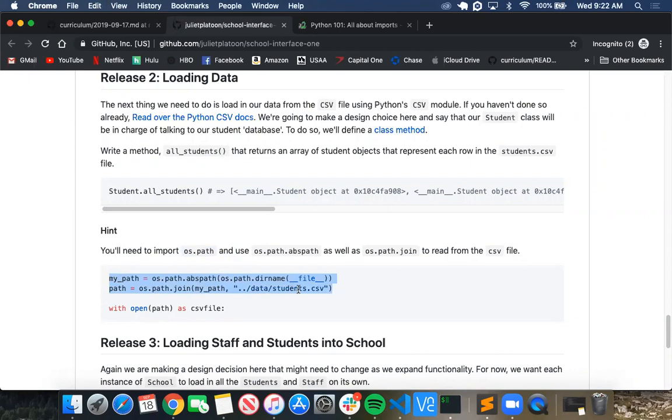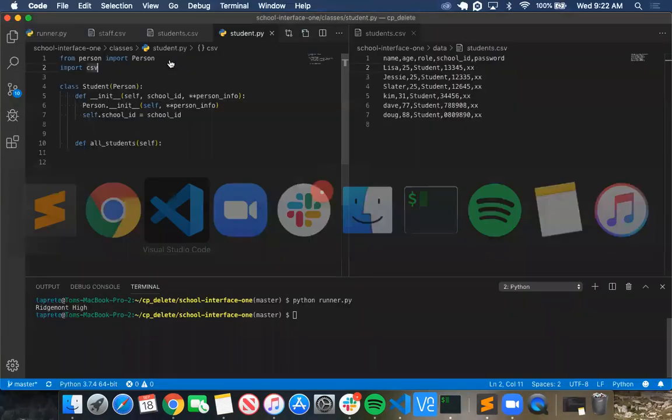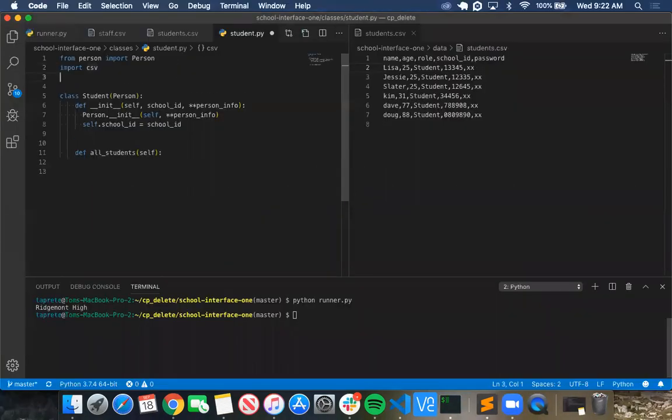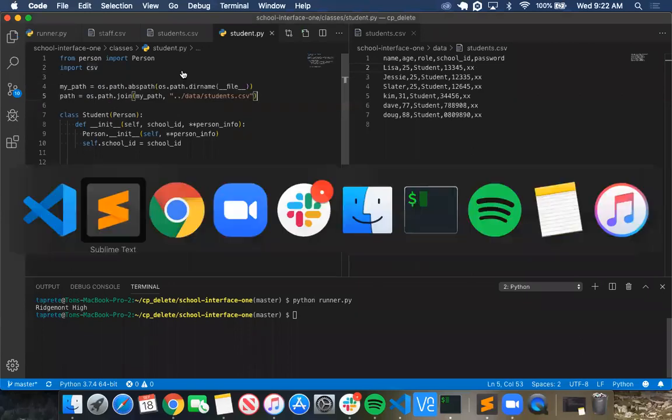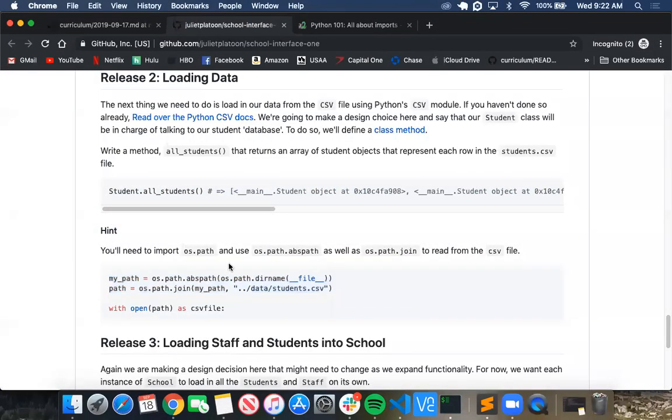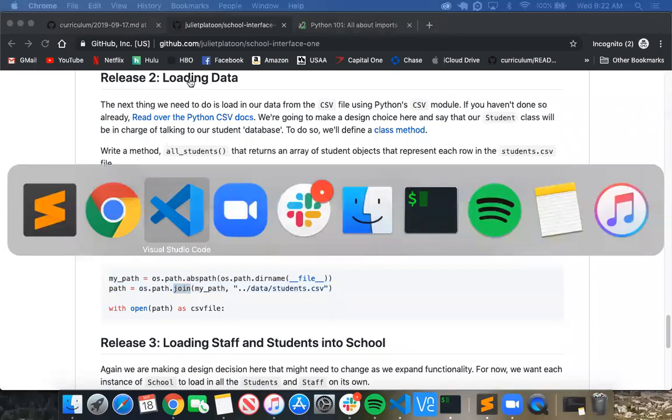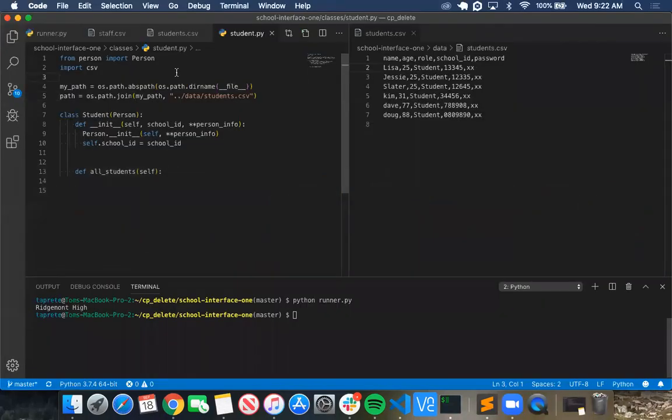So let's just copy this over here. You also set it to import. Yep. So I'm importing the OS path and OS path join. But what it doesn't say is I also need to import the OS library, which is, so let's just actually, let's